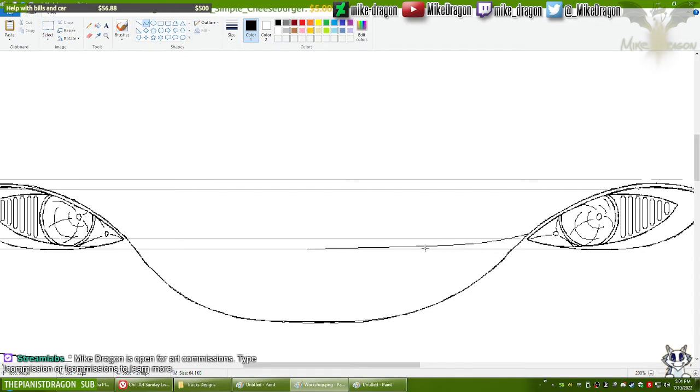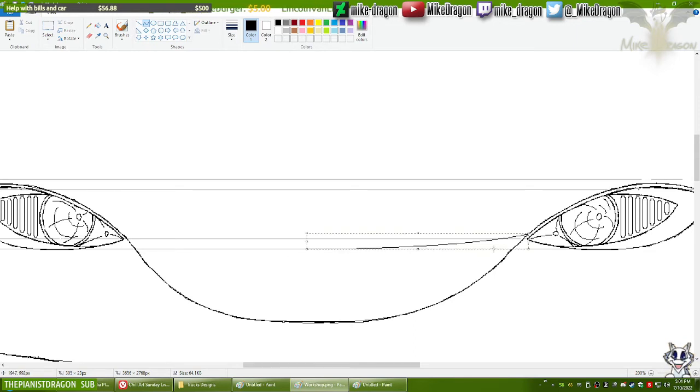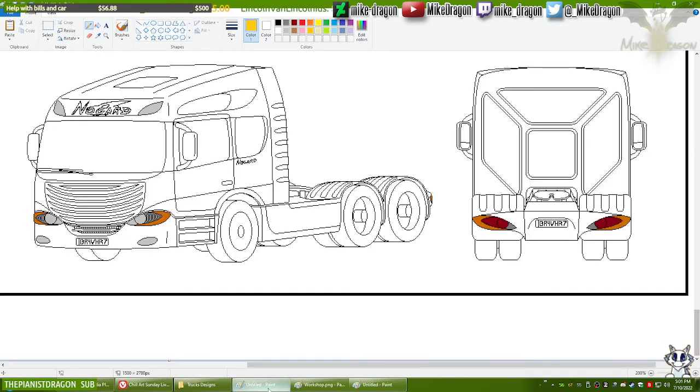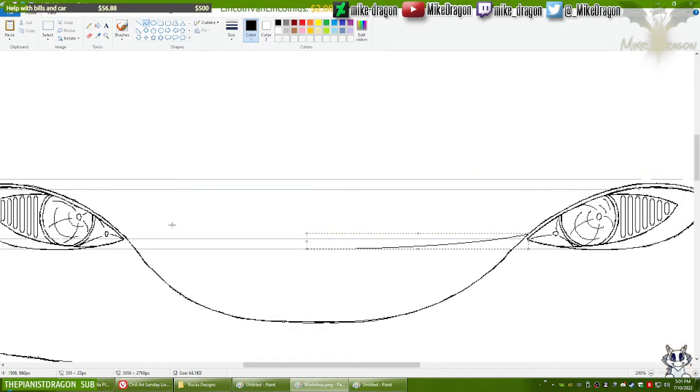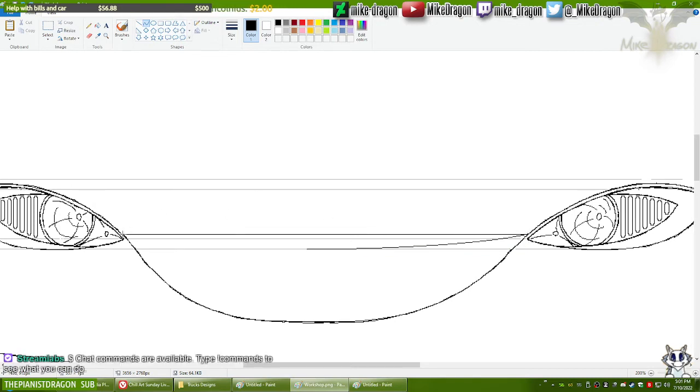Yeah, this looks like a good idea, to line up the bottom of the top with the same line that defines where the bottom of the headlights are. Yeah, I like it. And this one starts from there.